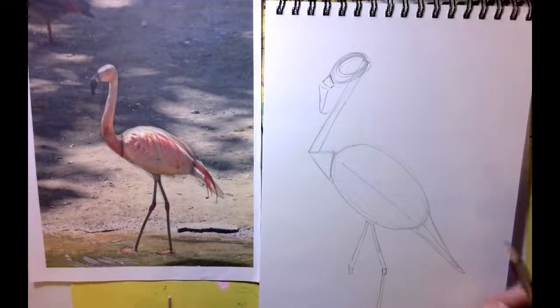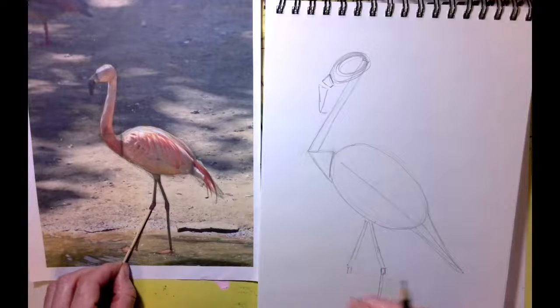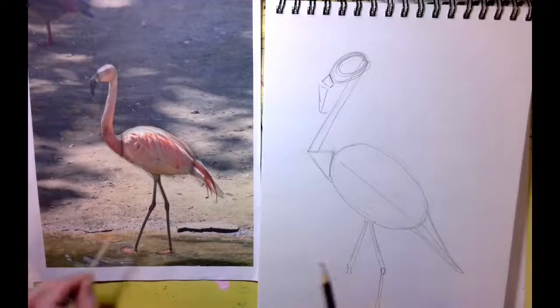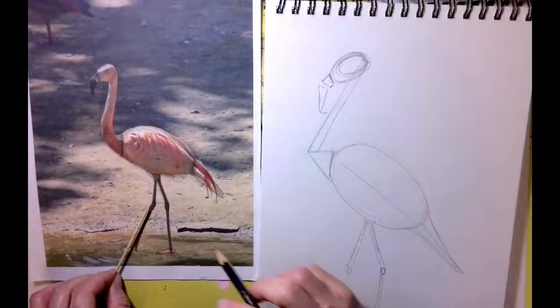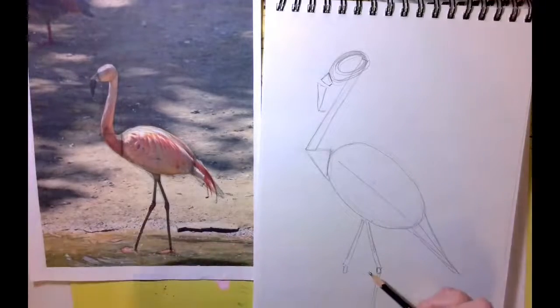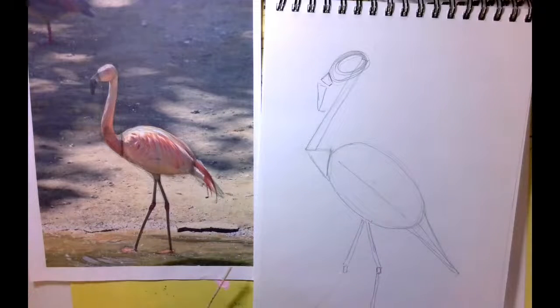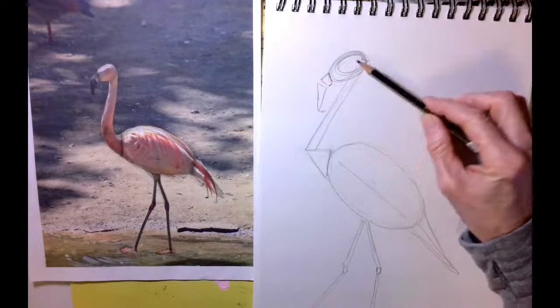And draw my little kneecap. And now let's take a look at this angle. This angle looks like this. So I'm going to bring it over. Draw my line there. And let's see how long that leg is in comparison to the body. So there's our body, and it's more than halfway. So let's do it with my body, and more than halfway would be right about here. Okay, so that's right there. Okay, so I'm feeling like I definitely have some problems with my proportion, so let's go back